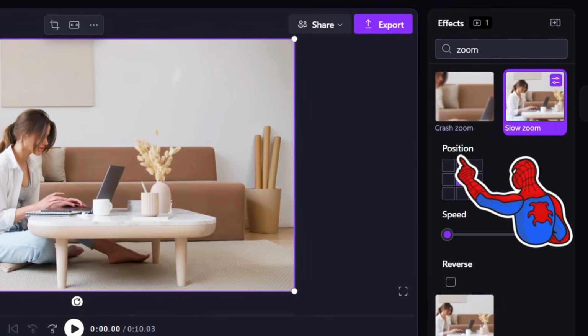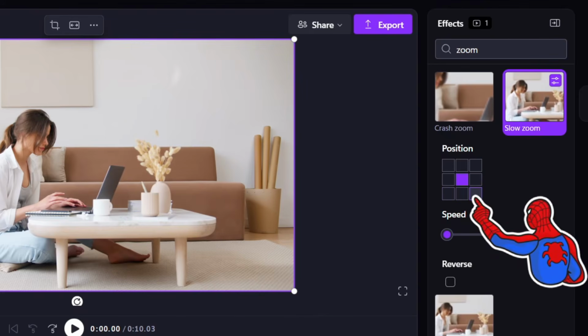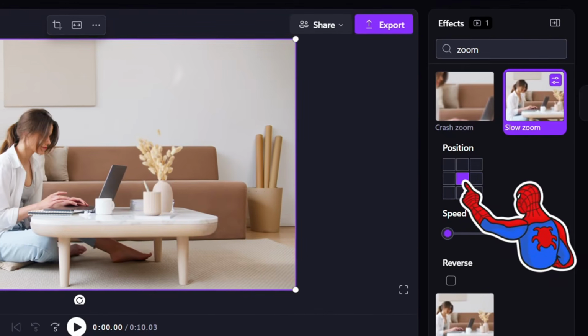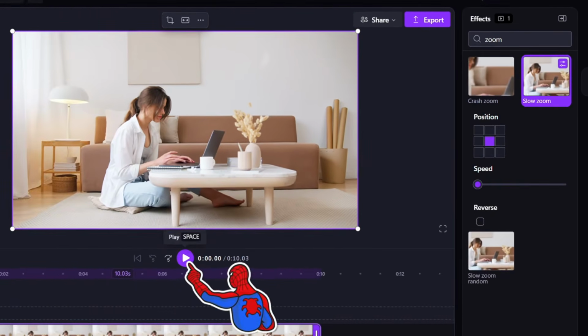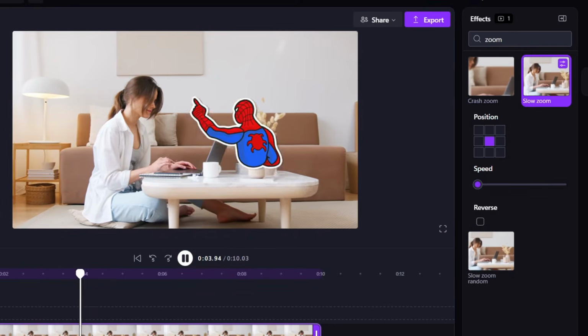So you will see Position. This is where you can choose which part of the video you want to zoom in. So by default, you can see it's in the middle. So if I play the video, you can see that it is slowly zooming in to the middle of this